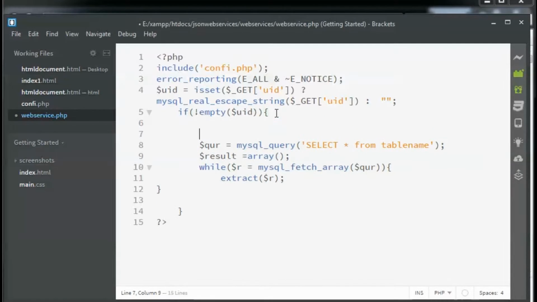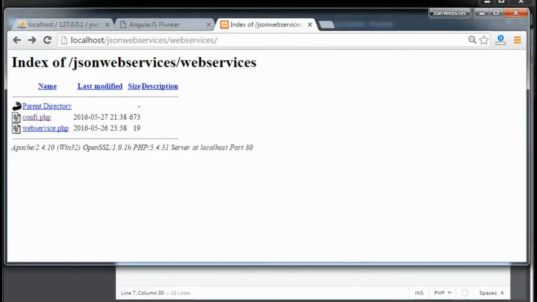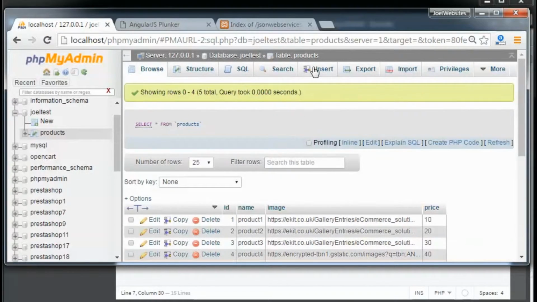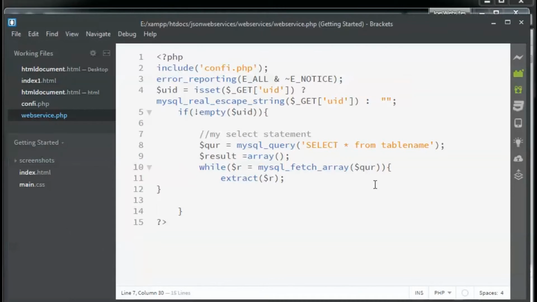So basically it will just return the rows from the database, whatever is saved in the database. In our case, let us check exactly what the table name is. So the name is products. So we will go and type in products. Now what this extract will do is that it will retrieve the rows, and you can use whatever columns are retrieved as variables directly.